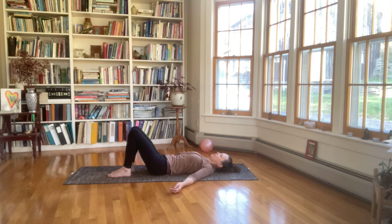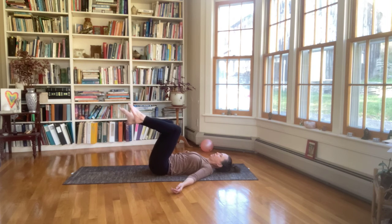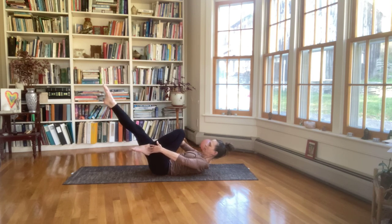Engage the inner core. Tilt the saucer, knit and imprint, and with the flat back staying in place, float the right foot up, and continue to tilt the saucer as you bring the left foot up, knit and imprint, head up, lower back flat, single leg stretch, both hands to one leg, extend the other leg out, lift the elbows high and wide,